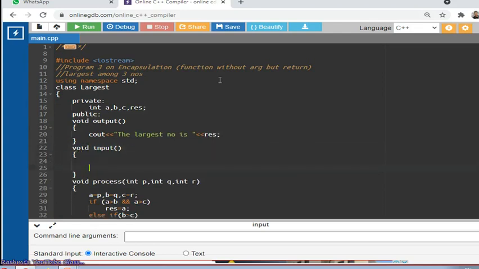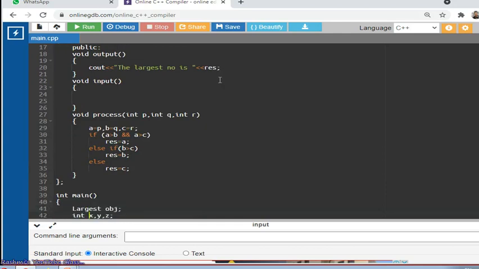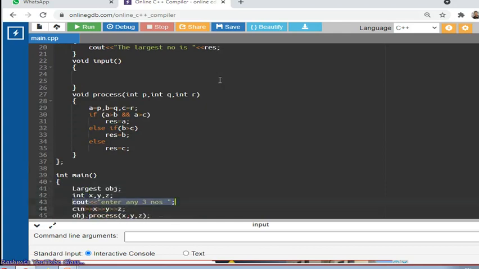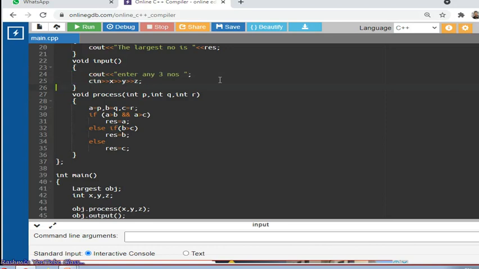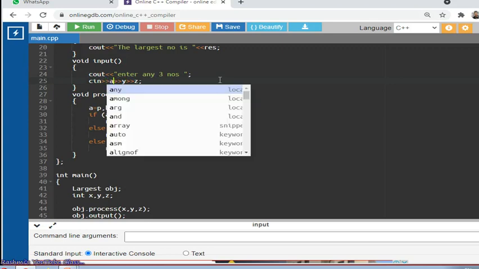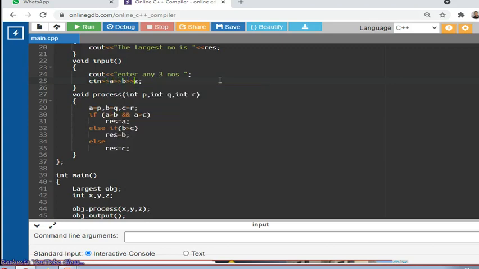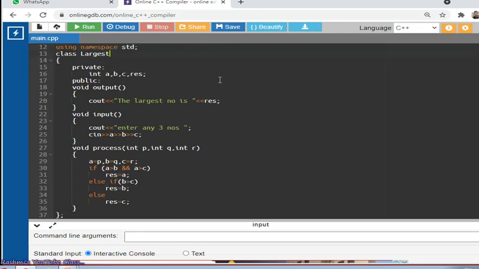Fine. So without argument, because the argument is not going to come from the other side, I have to use an input function, because I have to collect. If no argument is coming, then I have to collect the numbers, and these are for input, so I am removing them from here and pasting here. Hope all of you are getting clear, because we already tried this function program before. So here we wrote enter any three numbers, and the variables I used here are A, B and C. Directly we are keeping the values in private members, that is A, B, C. Already we have taken them here. Fine. The job of input is over.